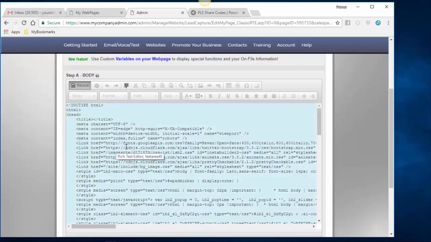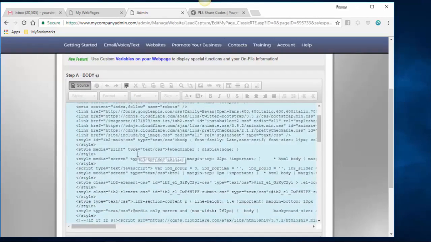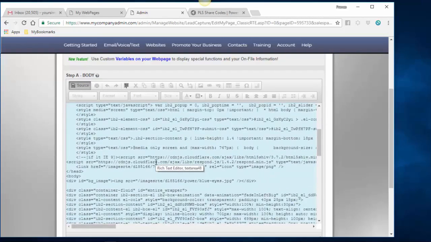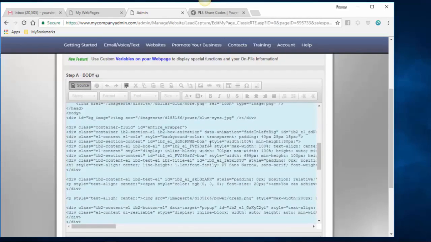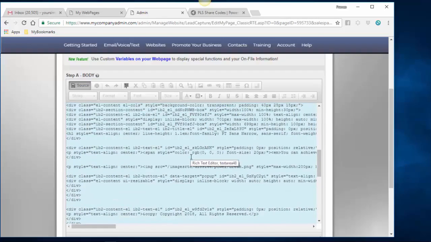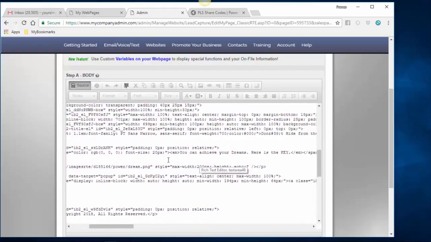A lot of the matrix googly gook, right? But you can go through here, and there's a lot of stuff you don't want to mess with, but we're just looking for the headline. For example, right here it says, you can achieve your dreams, here is the key. That is that pop-up. So if you wanted to have that say something different than you can achieve your dreams, here is the key,